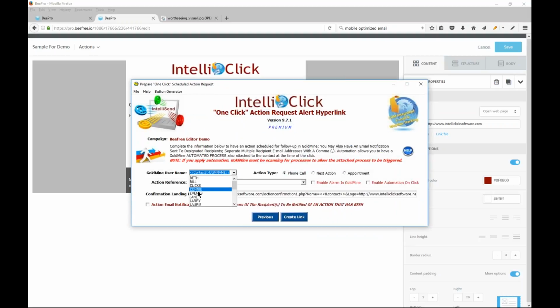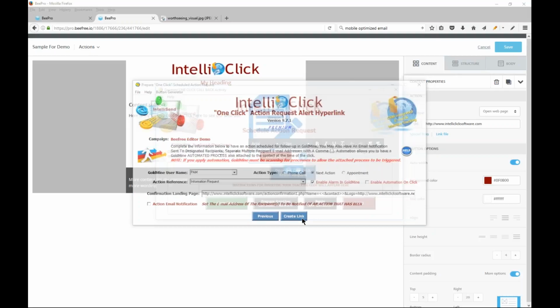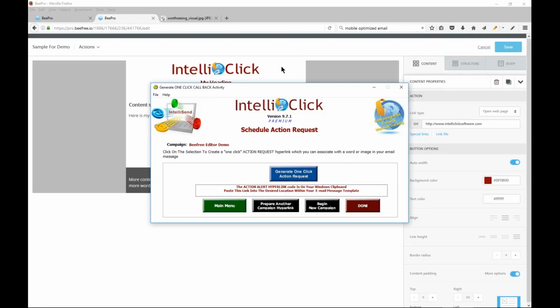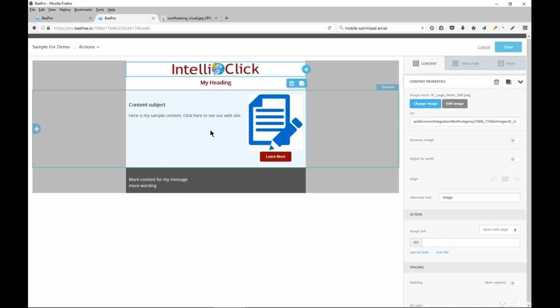I want this to go to Pam as a next action. We want to enable an alarm in Goldmine, and in this case, let's say it's an information request action. I'm going to go ahead and create the link, generate it,